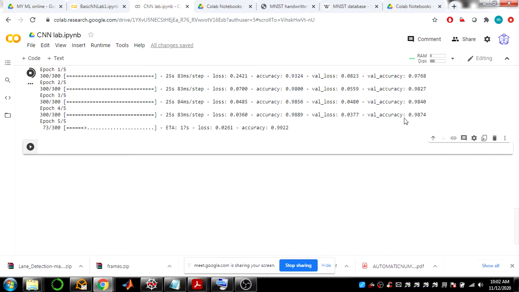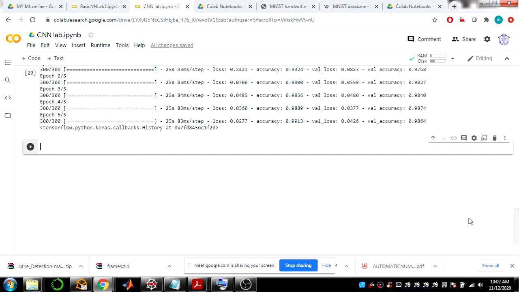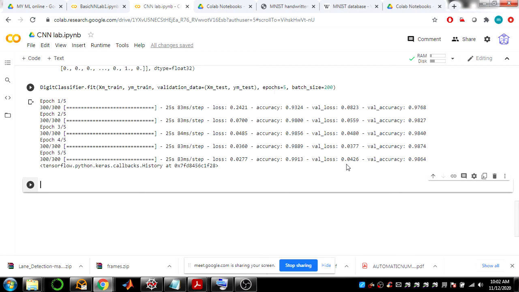Our training accuracy is almost reaching the good level of 99%. We got a training accuracy of about 99% and a validation accuracy of about 98.64, and both are very close to each other. That means this model performs better.